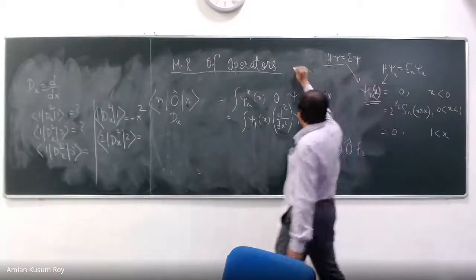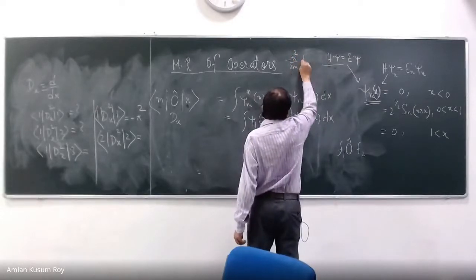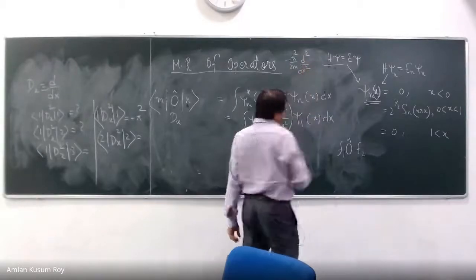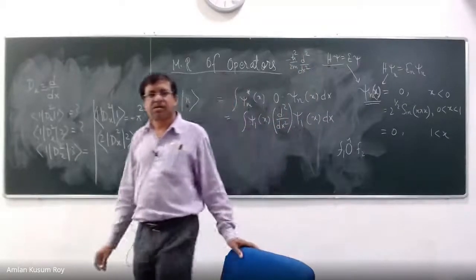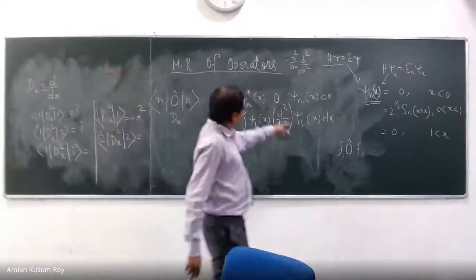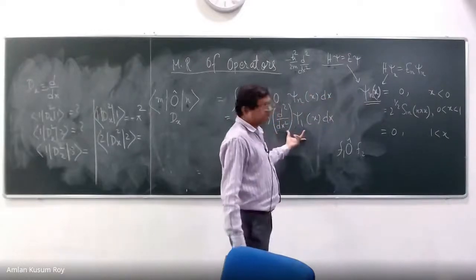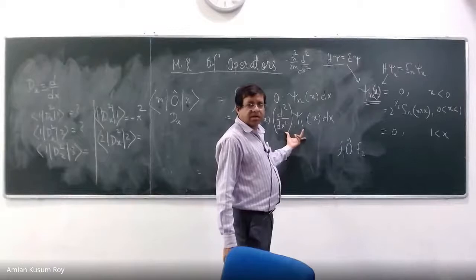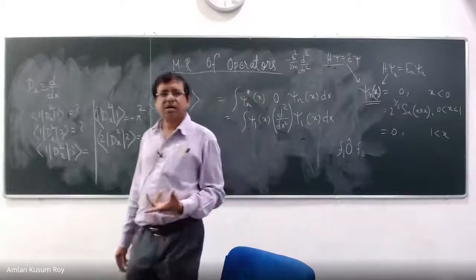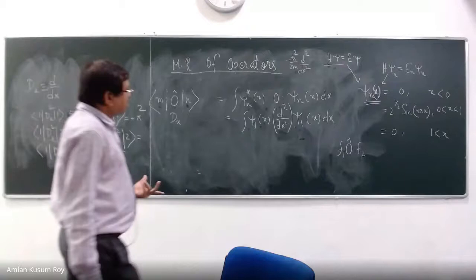Now what I've said is, what was your h? Minus h cross square over twice m, d square dx square. There was no V. That was it. Yes or no, Sanjay? Yes, sir. That's right. So why should I solve this again? Can I not just use this result here? This is just H psi, right? Abhilip sir, do you understand? How stupid not to know? Yes, sir. Exactly your H psi.